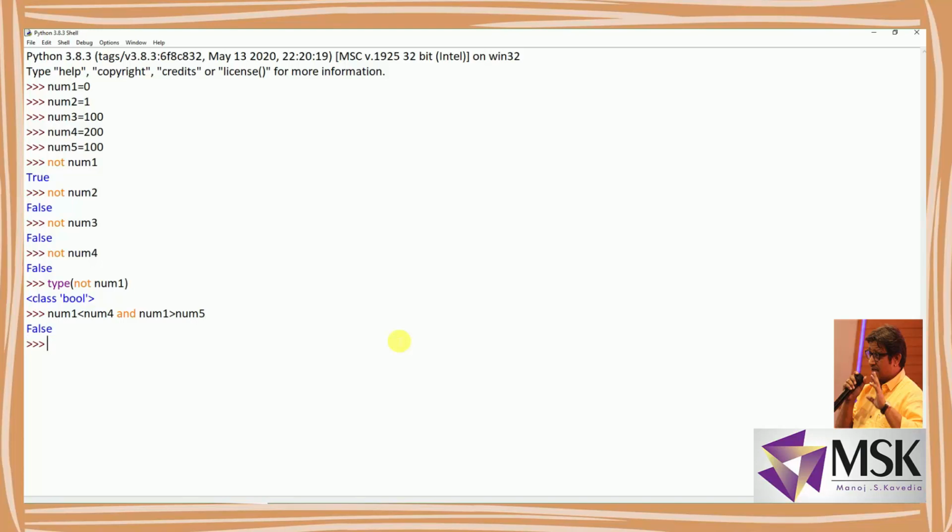But if I'm writing num1 less than num4 and num2 is also less than num4, so now num1 is 0, num4 is 200, so it is less, num2 is 1 and num4 is 200, so it is less.